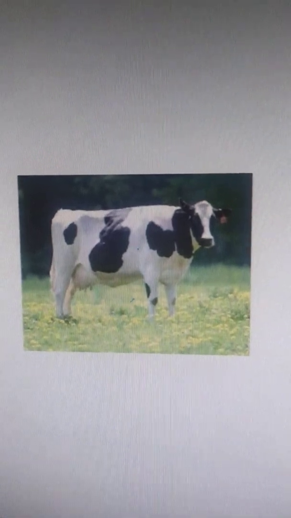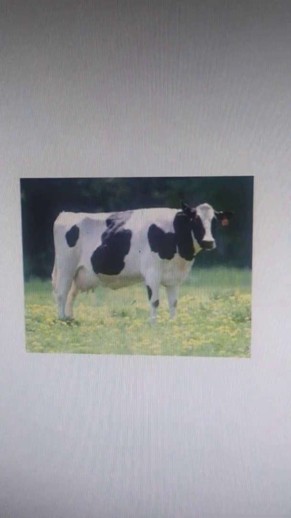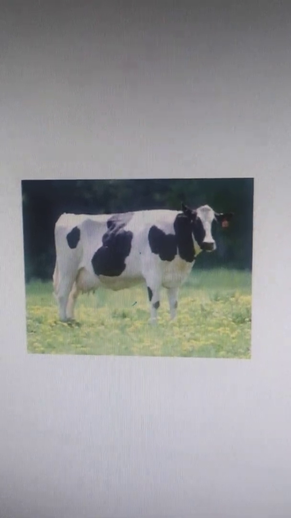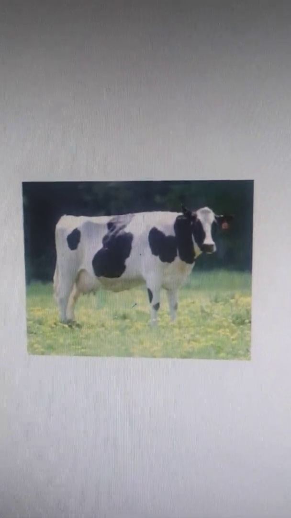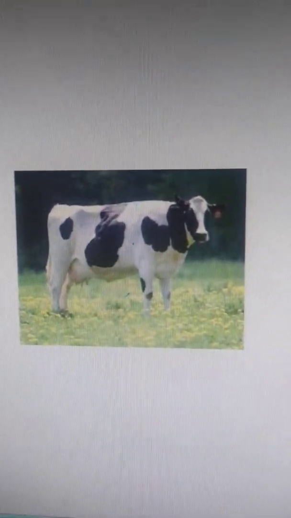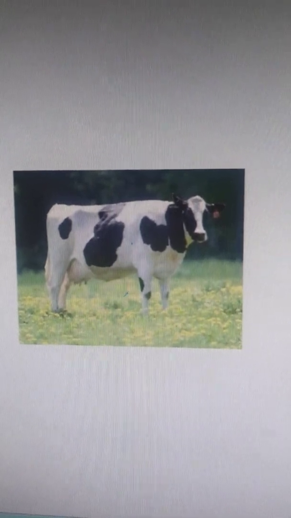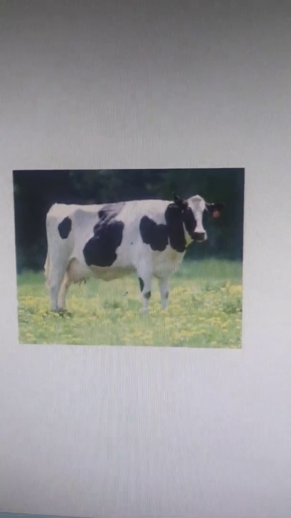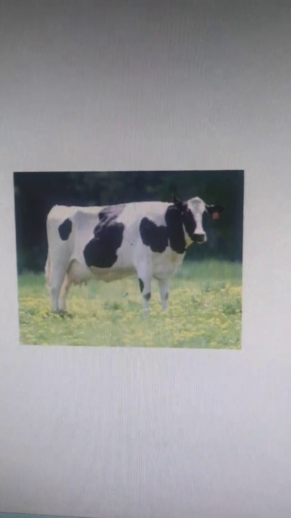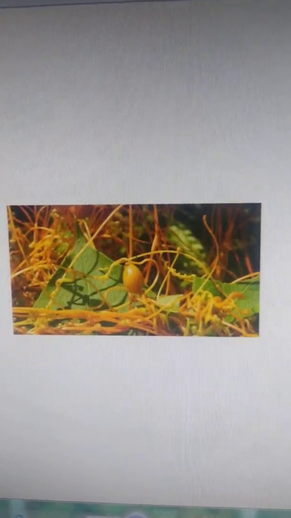The non-green plants do not have chlorophyll for carrying out photosynthesis, so they depend on other organisms for obtaining their food. Animals are categorized as heterotrophs because they cannot make their own food; they depend on plants or other animals for obtaining food. Heterotrophic plants can be divided into two main groups: parasites and saprophytes.